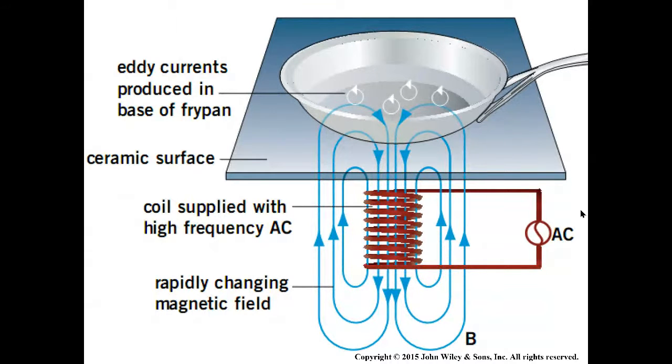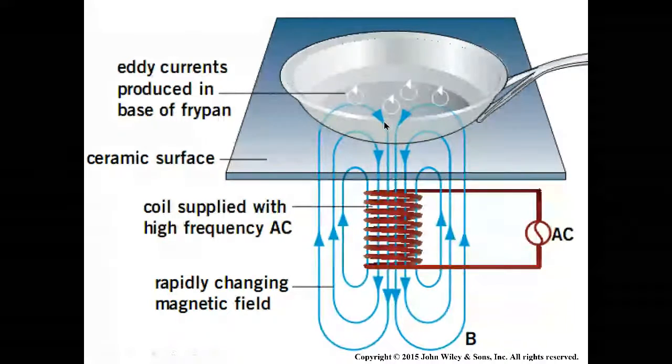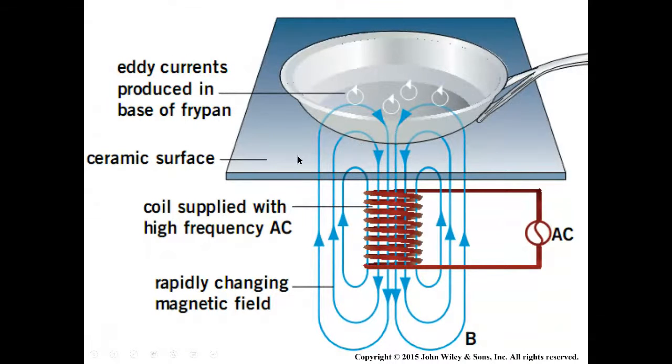So every fraction of a second, it's flowing this way and then that way, this way and then that way, this way and then that way. Therefore, the magnetic flux through this coil is now changing at a high rate. You remember it is delta phi over delta t, right? And as a result, now there's a magnetic field that goes through the ceramic surface, and now these